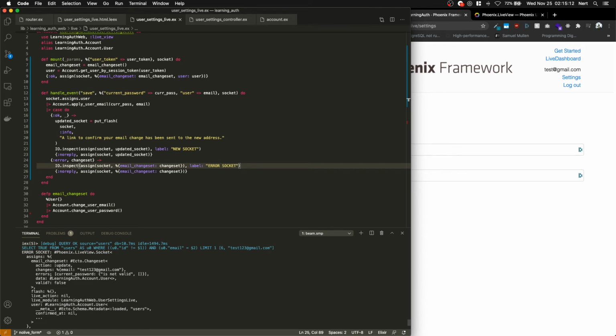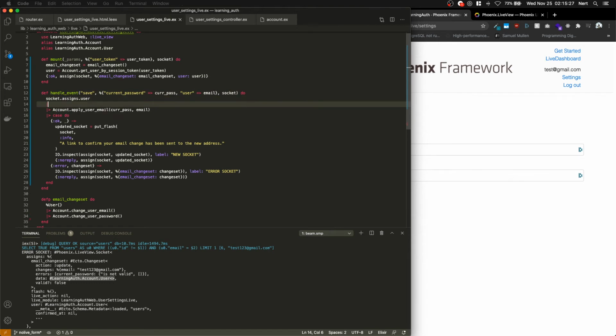Because we're not passing in a user. That's why. So in this case, what I'm wondering is if I'm actually capturing the right user in the first place. So what I could do is